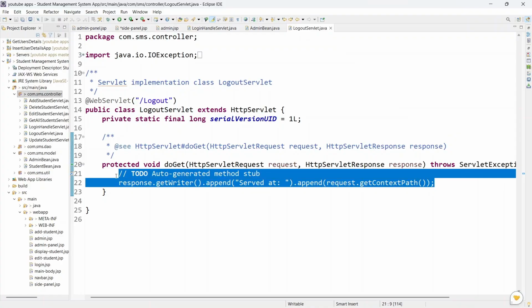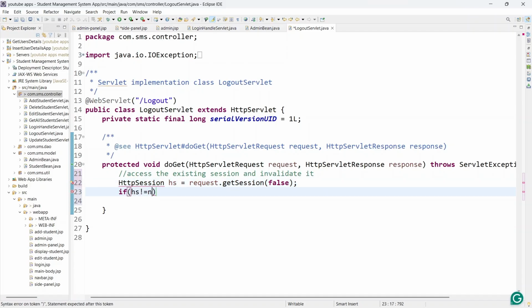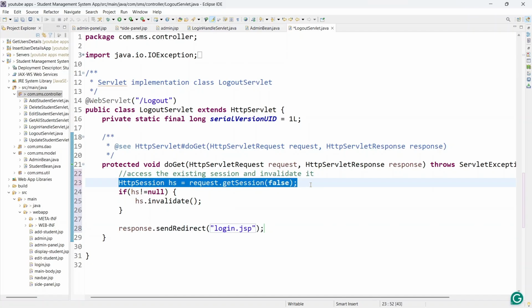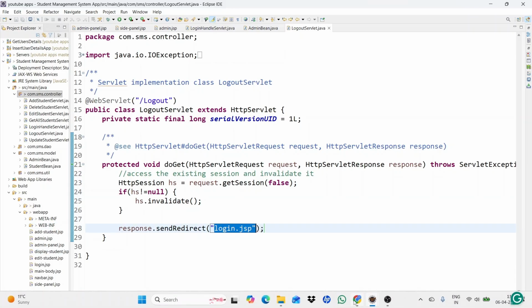So the control will come here. Whenever we click on logout, the control will come here. So here what we will do, we will access the existing session and we will just use the invalidate method. How do we access the existing session? By using the request object. So here we are accessing the existing session and we are invalidating it, and after that we are sending the response to login.jsp page. Save all changes and go back to our application,